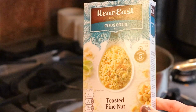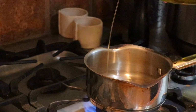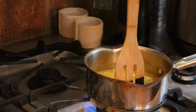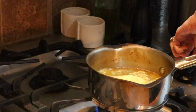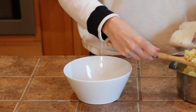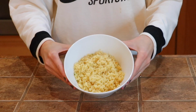So then I use this Near East couscous, and I kind of like these boxed ones because they come with flavoring in the package, but if you want to go the cheap route, you could definitely just buy a big bin of couscous and flavor it yourself. It's totally up to you. But I would say one box of couscous works for maybe 2 meals or 3, depending on if you're on a diet or not, which I'm not, so I eat half a box for 1 meal. So yeah, I just put that in a bowl, and then I put on the